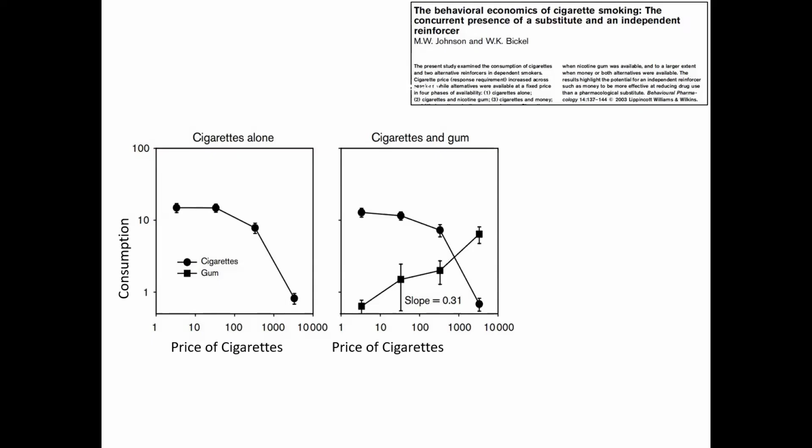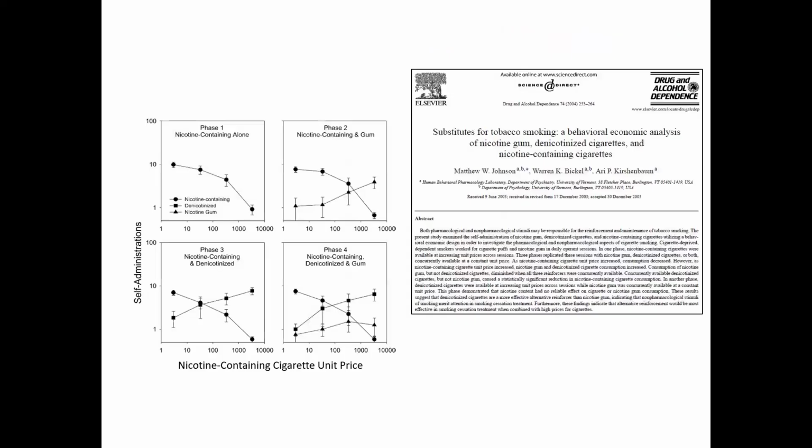Even though the price was fixed, we saw a sharp increase in the consumption of nicotine gum solely as a product of the increasing price of cigarettes. So that meets one of the behavioral economic definitions of a substitute, this so-called positive cross-price elasticity. In other words, this positive slope that you're seeing there. In a similar experiment, we systematically replicated this again with Warren and also Ari Kirschenbaum, who's in the audience today. In those top 2 phases, we basically replicated what we saw in that previous study showing that nicotine gum substituted for